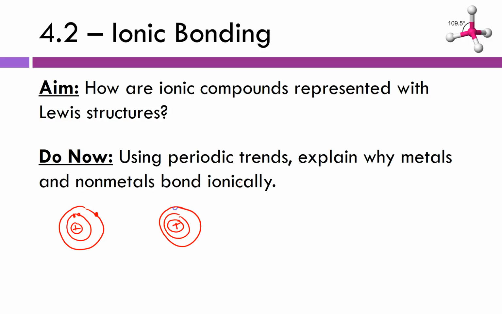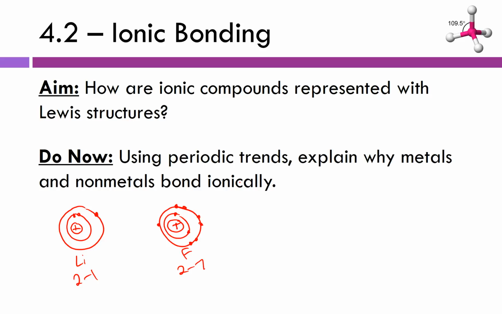Hopefully based on the number of electrons that are present there, we know that we're looking at an atom of lithium, 1, 2, 3, 4, 5, 6, 7, and an atom of fluorine. Lithium is 2-1, fluorine is 2-7. Now we know that both of these elements are trying to get a full outer shell. Fluorine's going to do it by getting 8. Lithium is going to do it by getting just 2 electrons in its outermost shell. It's a very small atom. So if we think about it, the easiest way for this to happen is for fluorine to just steal the